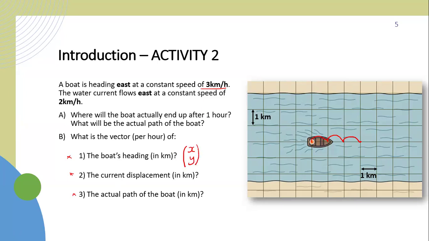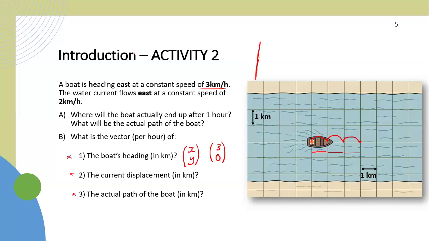Along the X, you ask yourselves, how many steps have you moved along the X? This is one step, this is the second, and this is the third. So along the X, you have moved 3 steps. Then you ask yourself, have you been able to move along the Y? No. Y means that you are either moving up or down. Since our boat has not moved up or down, along the Y we shall have 0 as our movement. So those who gave 3, 0, that was very okay.